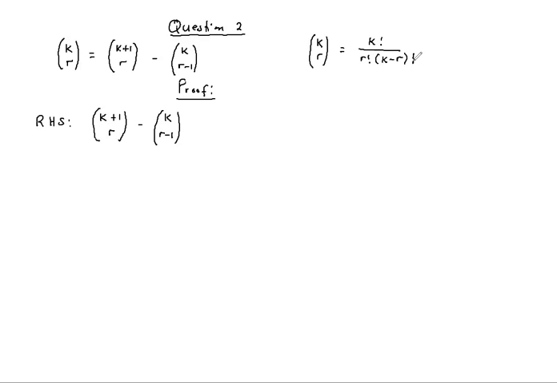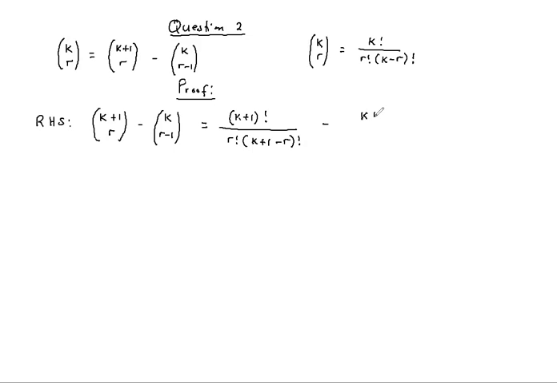So this right-hand side now can be reduced following that definition. Where there is k, we have k plus 1 for the first part. So we'll do that factorial over r factorial, k plus 1 minus r factorial,